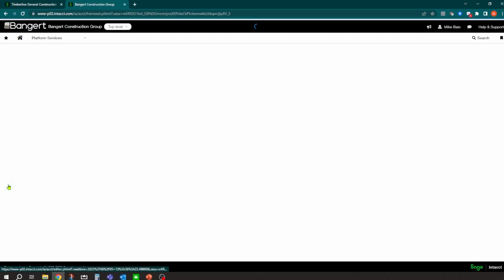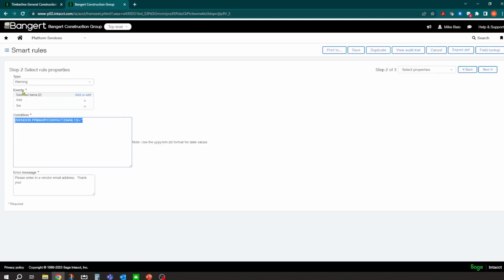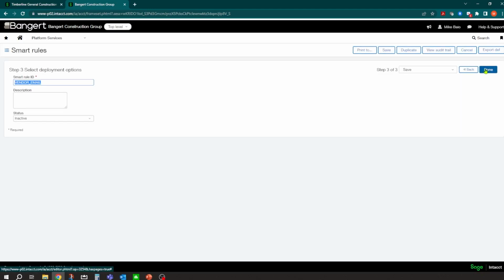And you could combine these as well in what's called triggers. But basically, it's a wizard. And I could say on the vendor record, I basically want a warning here, not an error message. I want to be able to continue. It says, give me a warning when the vendor email address on the primary contact record is not equal to, is blank, is equal to 0. Okay. We'll take a look at another one here.